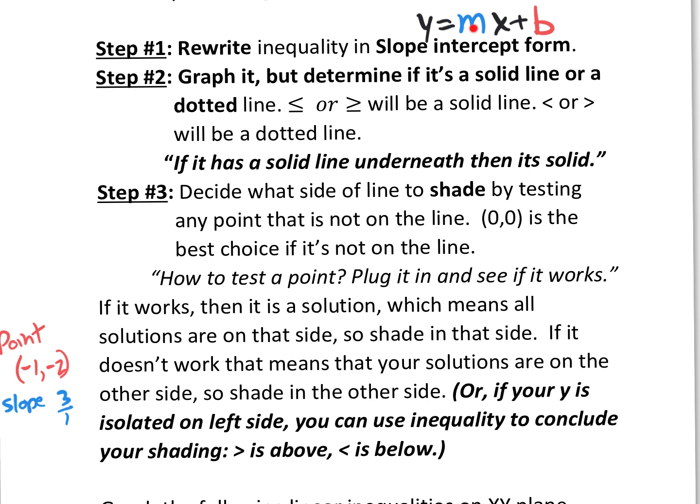Now, Step 2, once you rewrite it in slope-intercept form, is to graph it, but determine if it's a solid line or a dotted line, okay? Obviously, if it had an equal sign, it would be just a solid line and you'd be done. But right here, you got to determine if it's a solid line or a dotted line. If it has a solid line underneath the inequality, like a less than or equal to, or a greater than or equal to, that will be a solid line. But if you have something like a less than or a greater than without a solid line, that's going to be a dotted line. Okay,